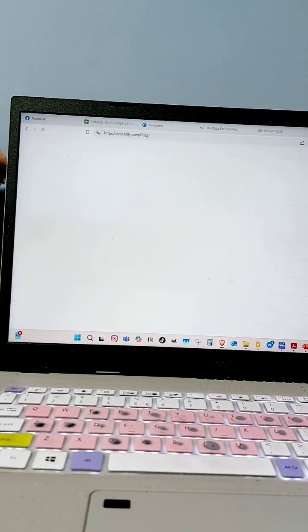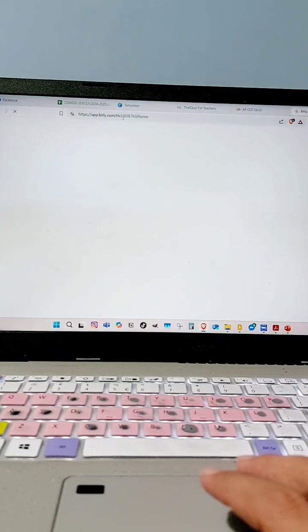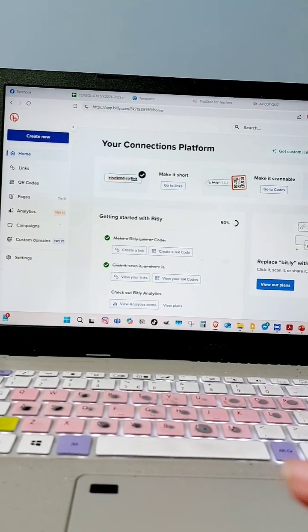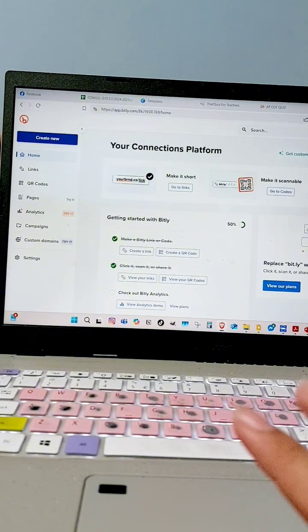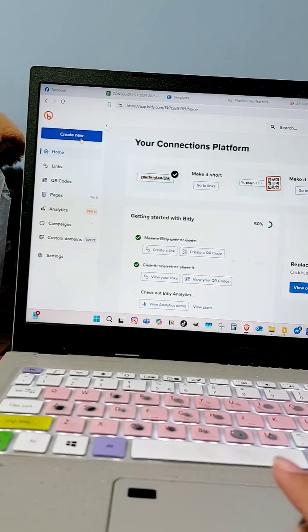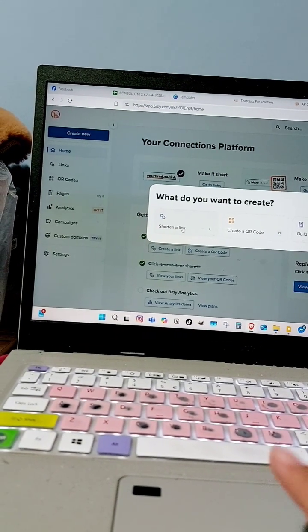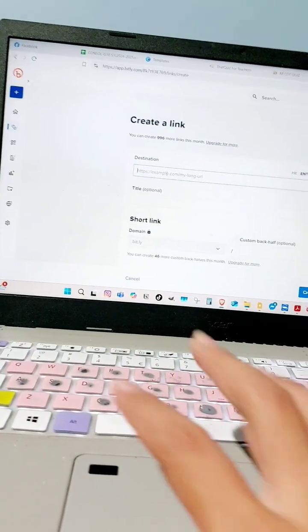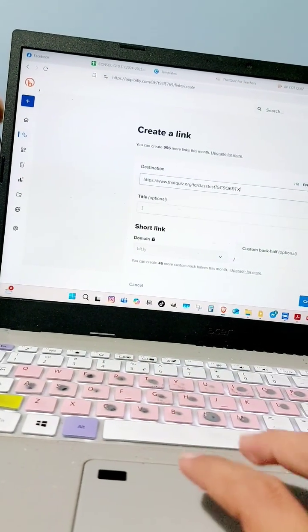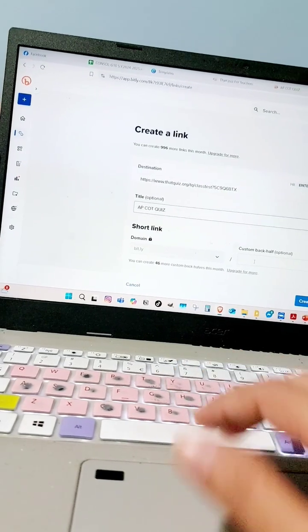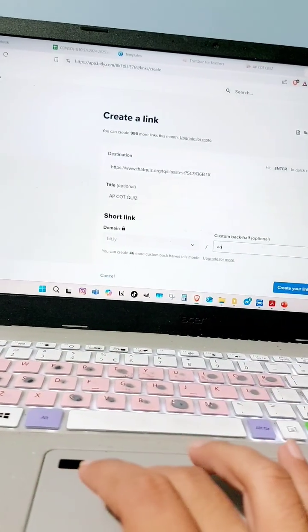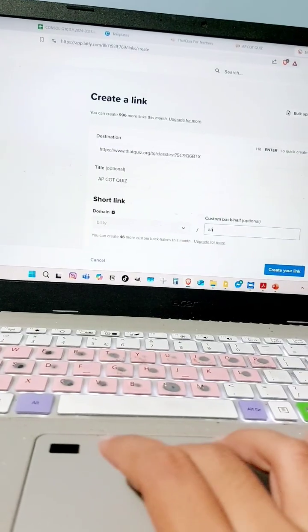Now you go to bit.ly. If you don't have a bit.ly account yet, you can create one by signing up through your email, and this is free. The next thing you do is create new. You shorten the link, click that, and then paste. You paste here. You write the title, and then you customize. Once done, you create